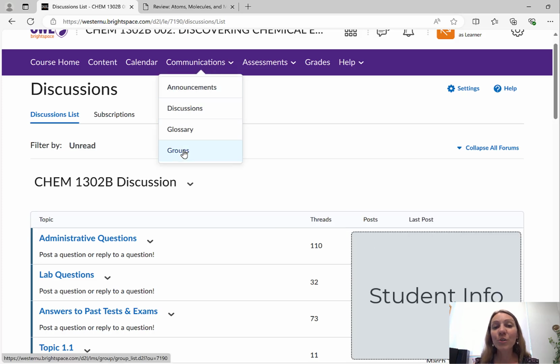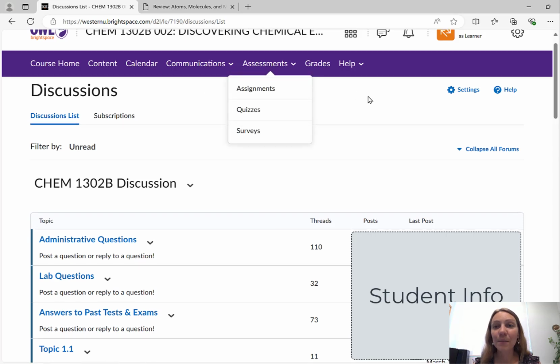Under communications, we also used the groups feature, and there are a variety of different ways to set this up. We set it up so that students within each section could opt into their own group and see the other students in their group, and then from that, they could make their own arrangements for their team module problem solving.